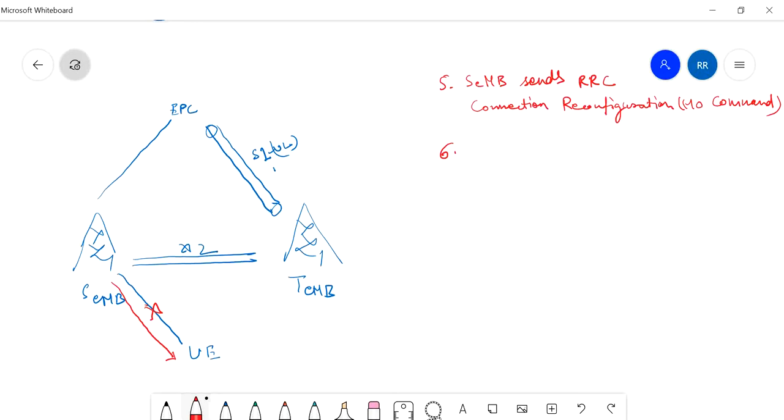So after this link is detached, the UE gets detached with the source eNode B after that message. After that, this source eNode B sends SN, sequence number status transfer.